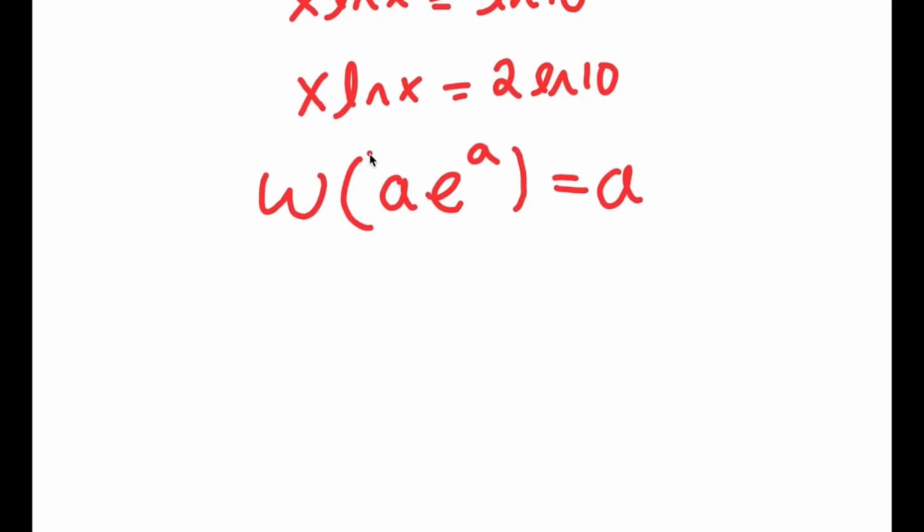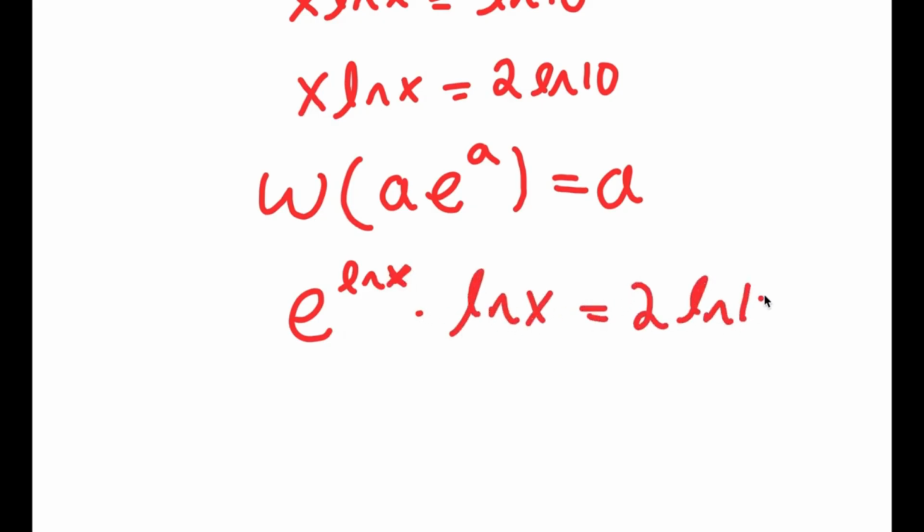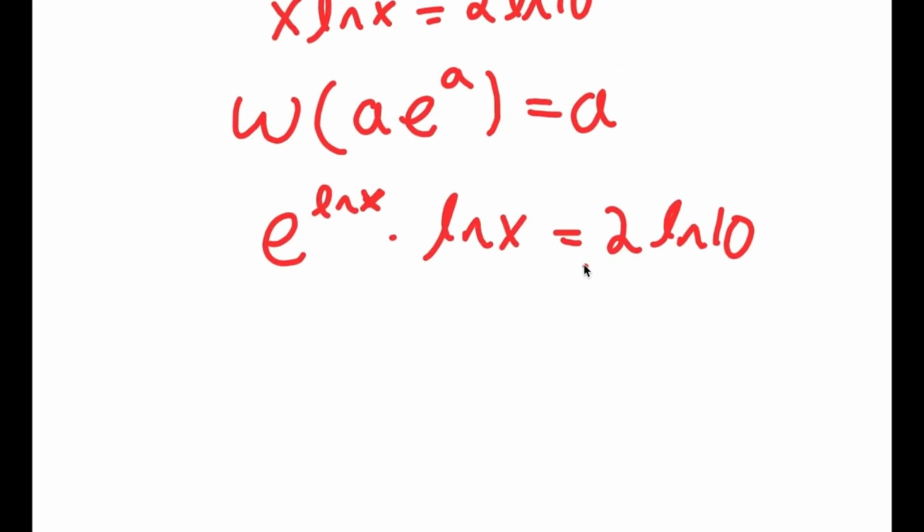So what I'm going to do over here is I'm going to rewrite x here as e to the power of ln of x, because the e and ln cancel out, and this results in simply x. So I'm just going to rewrite x as e to the power of ln x, and I have this times ln x is equal to 2 times ln 10. And now this is in the form a times e to the power of a. So now if I take the Lambert W function on both sides,